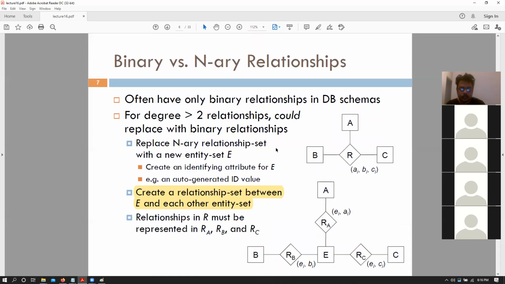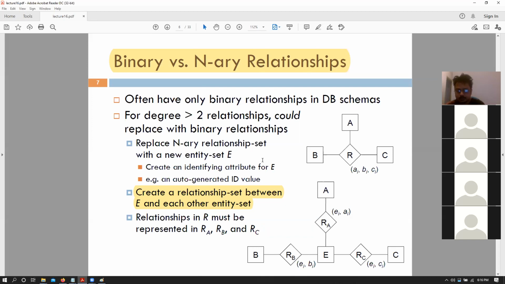Okay. So now let's talk about these two types of relationships. Most generally used is the binary relationship, and the most rarely used is the n-ary relationship. I have seen very rarely that a relationship relates three or more entity sets. I have never seen something that has four entity sets being related into a relationship. That is rarely the case.